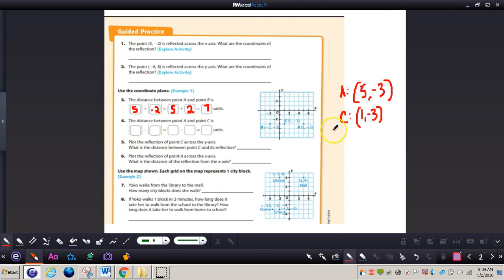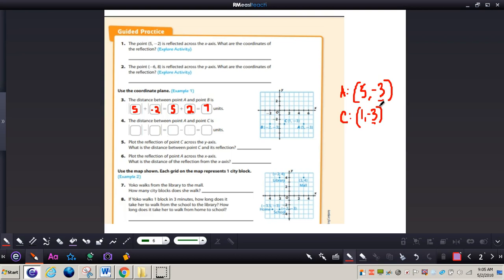Okay, let's take a look at number 4, go over this answer. So we have 5, -3, and 1, -3. So we can see that the y-coordinates are equal. And now we see that the x-coordinates both have the same sign. In other words, both of them are positive. So what we need to do, we need to find the difference